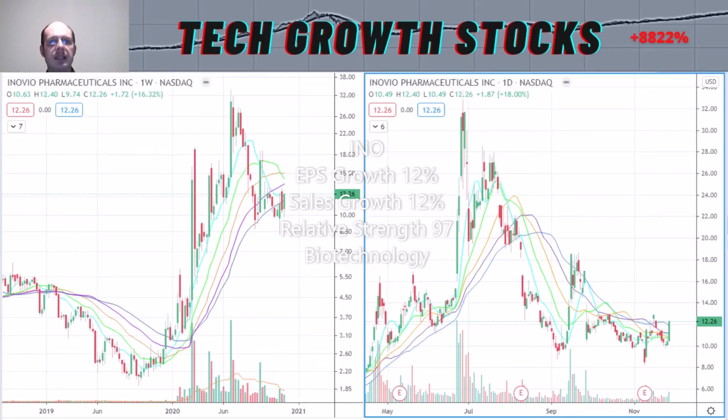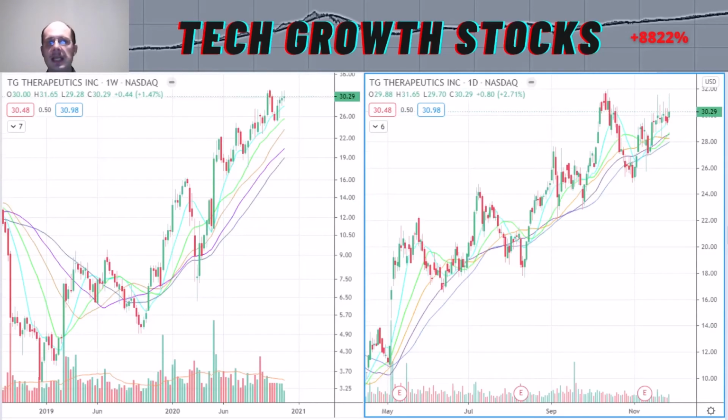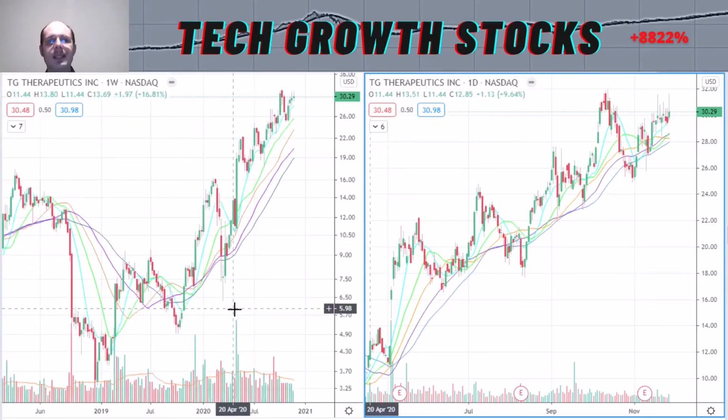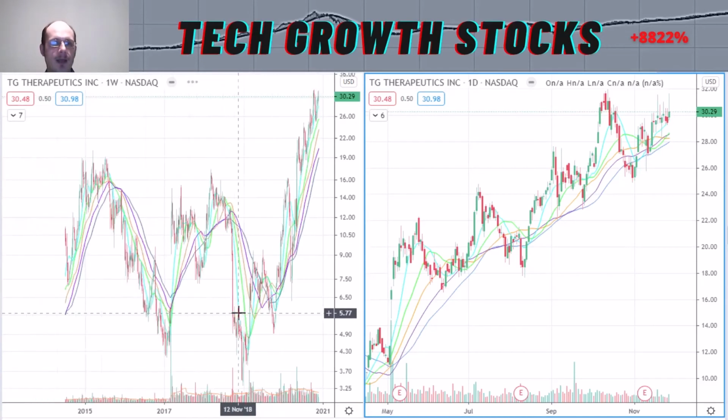Okay, everybody, so that was it for Inovio. Let's have a look at the last top biotech stock to buy. And it is TGTX, TG Therapeutics. Here you can see the longer term chart of TG Therapeutics, and as you can see, it